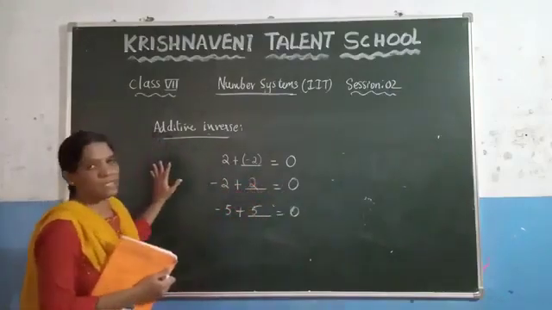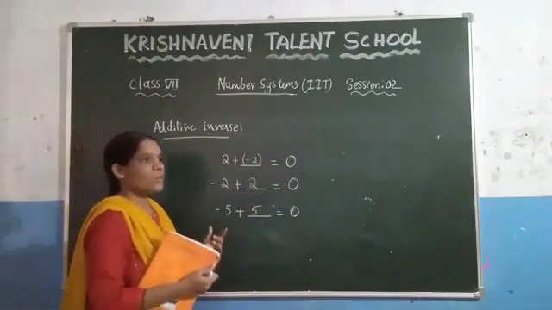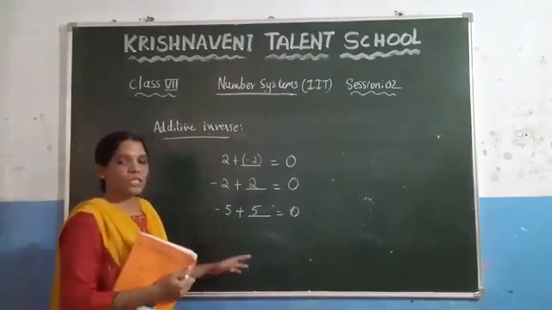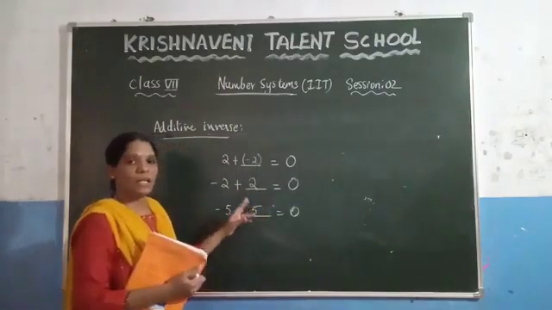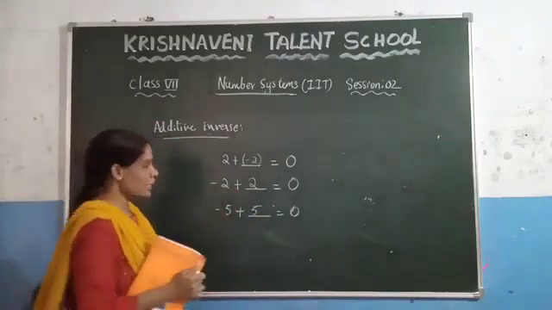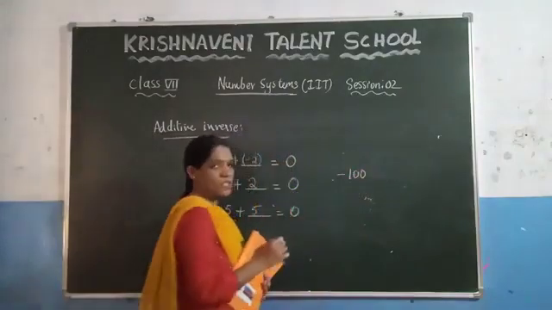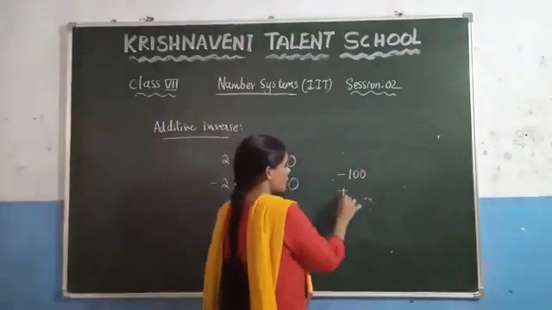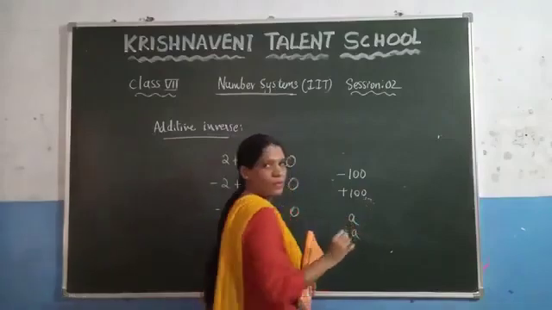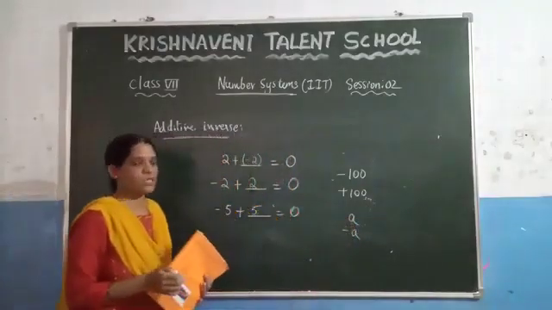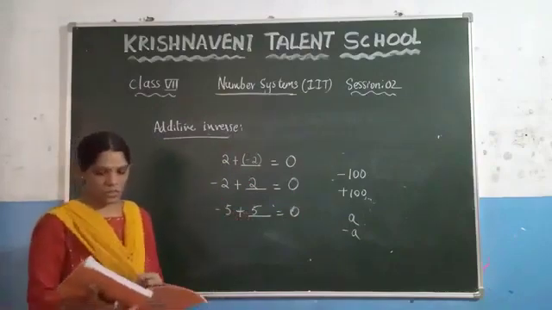This one we call an additive inverse. What is meant by additive inverse? Additive inverse is nothing but if you consider any integer, you need to add one integer such that the result is 0, and that integer will be the additive inverse of the given number. Let us consider one number which is minus 100. What is the additive inverse of minus 100? Which is plus 100. What is the additive inverse of A? Which is minus A. Okay, what is meant by the additive inverse? Just you need to take the number such that the result must be equal to 0.